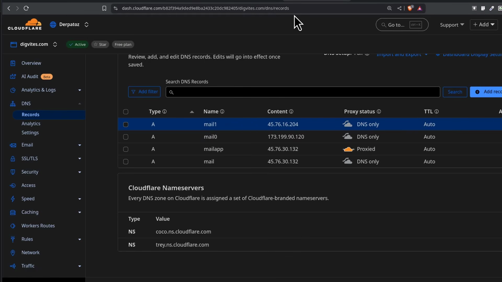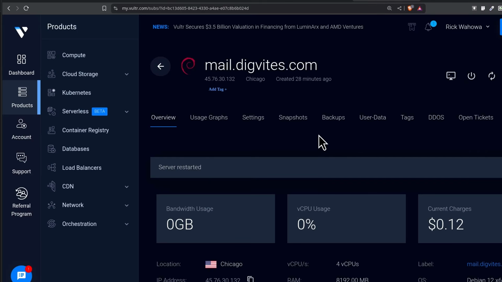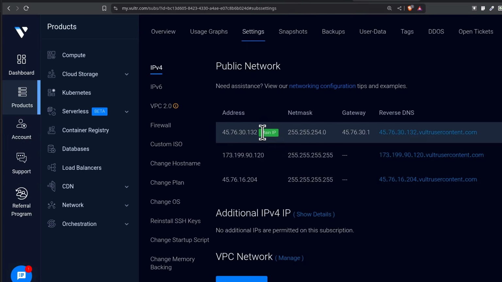Before we even log back into the server, let us set up the correct reverse DNS for all our IPs. Here under settings, is it under settings? Let's go to settings and check. Yes, here under settings, under IPv4, we need to change the reverse DNS.